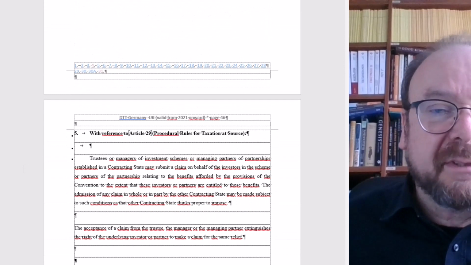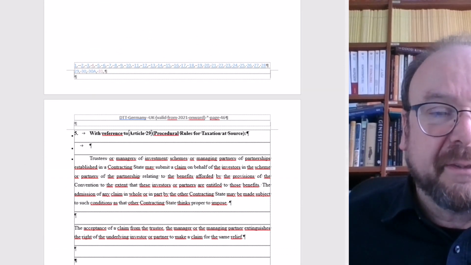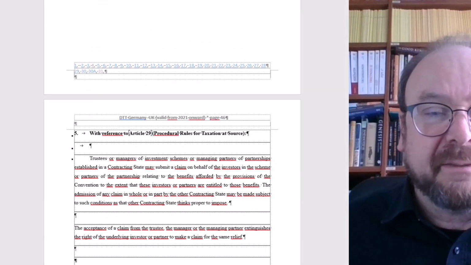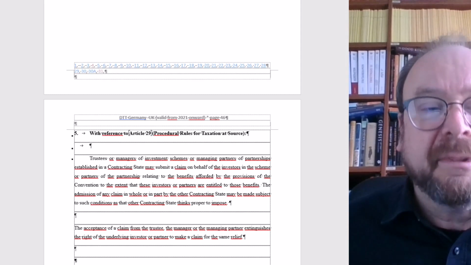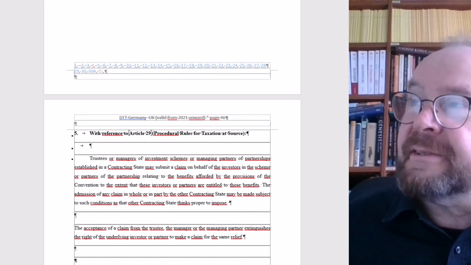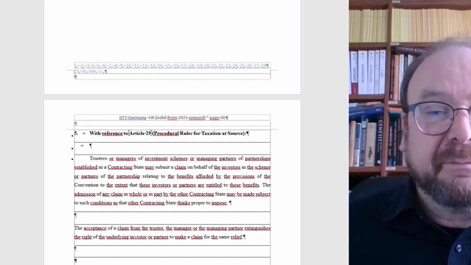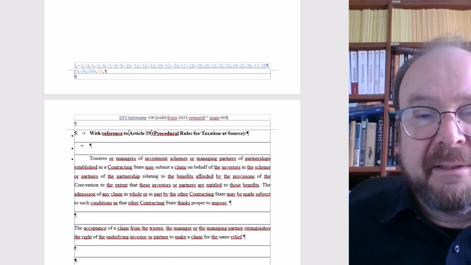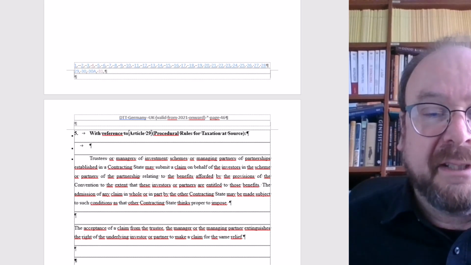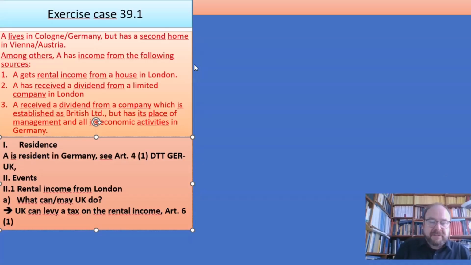So no statement which modifies the contents of Article 6. So that seems to be complete without any problem. That's perfect. So we know what we found out about Article 6. That is correct and can be written down: Article 6.1 of the DTT